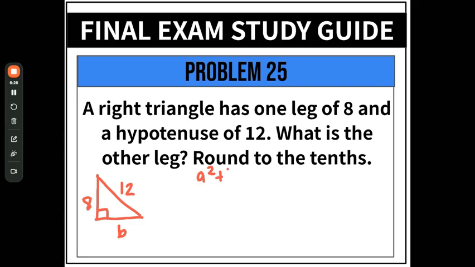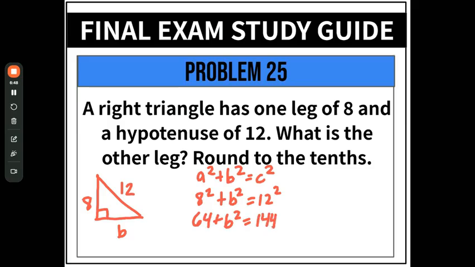Okay, starting with my formula, I'm going to fill in what I know. 8 squared is going to be A. We're looking for B, and then we know that C is 12. 8 squared is going to give me 64 plus B squared. 12 squared is going to give me 144. I'm going to subtract 64 from both sides. Got B squared equals